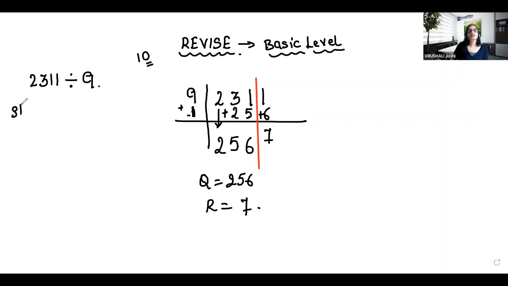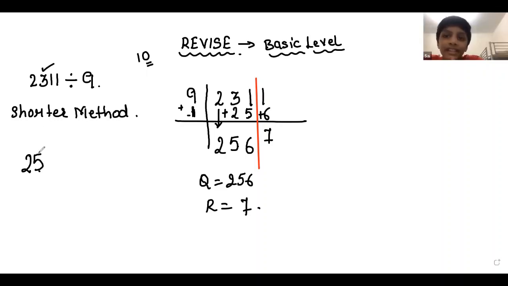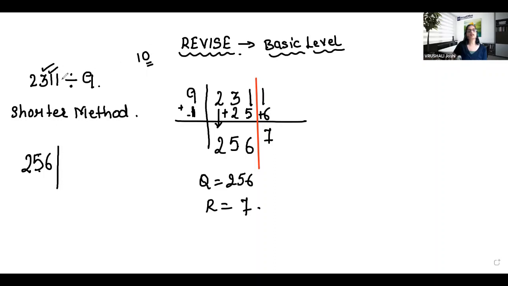But then what is the shorter one? Is there a shorter method? So the shorter method is like this. You are given the number 2311 divided by 9. So you write the first digit 2. 2 plus this 3, 5. 5 plus this 1 is 6. We know that the base is 10, so whatever addition for the last digit is going to give you the remainder. So 6 plus 1, 7. That is your answer. So even without doing this procedure, we can actually divide by 9, 99, 999 and so on and so forth. It's as easy. Am I clear? Is there any doubt here?